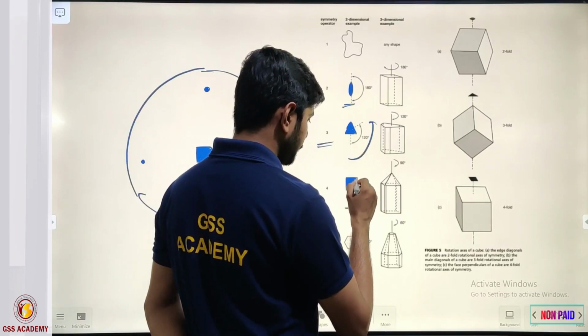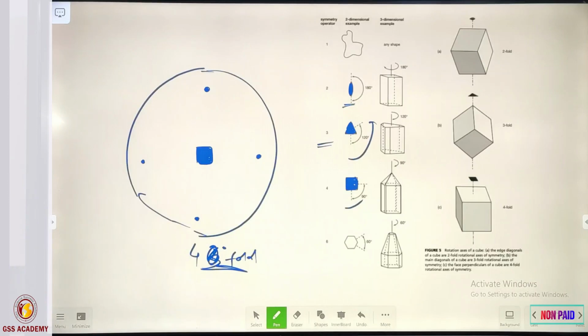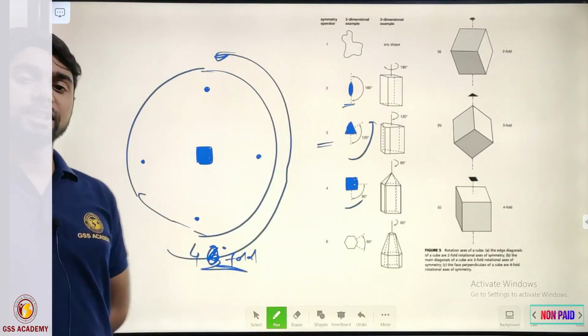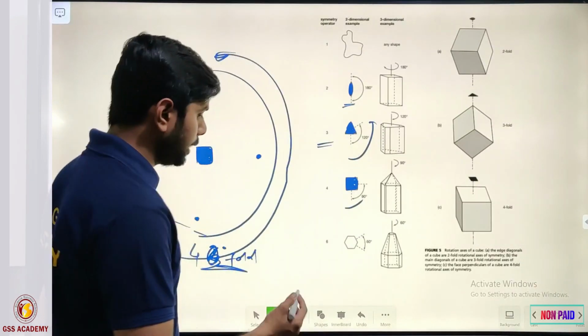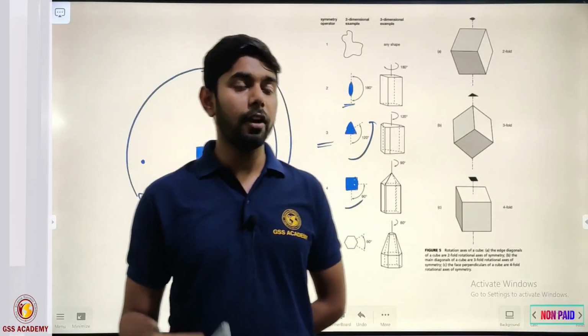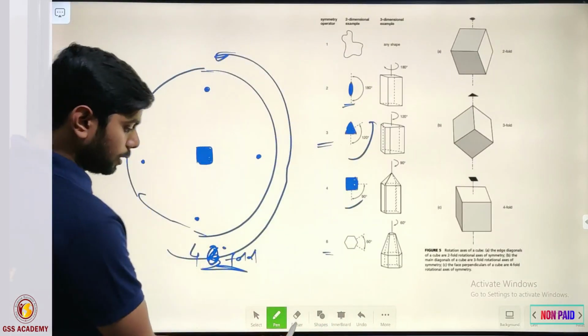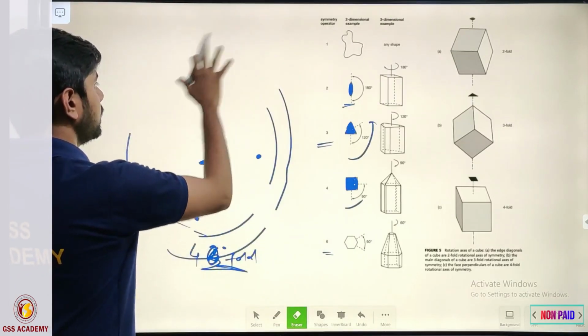We will directly see the six-fold axis of symmetry. What is the six-fold axis of symmetry? If we are rotating the crystal to 360 degree and we are getting the same phase 6 times, then it means it will be the six-fold axis of symmetry. Okay, after every 60 degree of interval we will be getting the same phase, so it will be considered as the six-fold axis of symmetry.